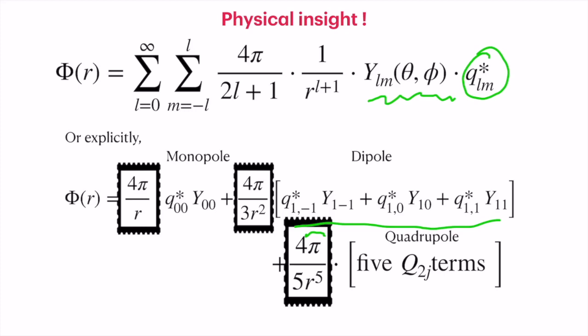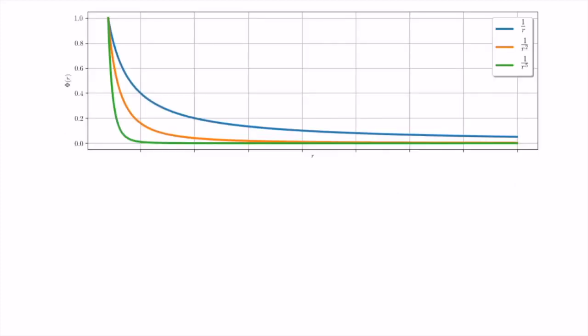You see that the function 1 by r rapidly falls off and goes to 0 at infinity. And at finite distance, we have different terms falling at different speeds. Let's have a closer look at it. In this plot, I have plotted 1 by r as the blue curve, 1 by r square as the orange curve, and 1 by r cube as the green curve. So we can see that over a very large distance, the 1 by r term is falling off very slowly. On the other hand, the 1 by r square and higher terms drop off very quickly.